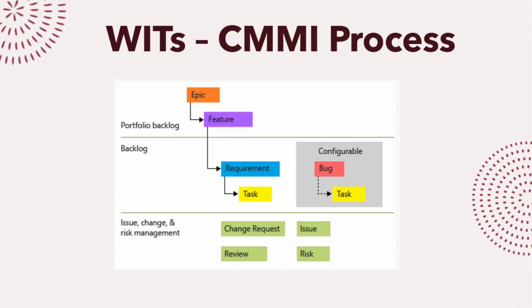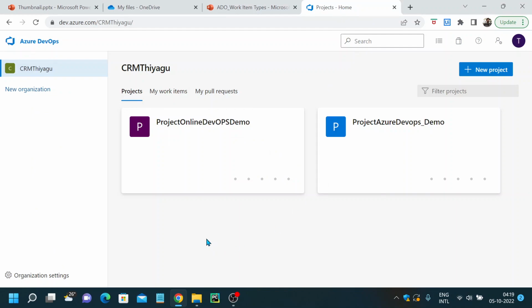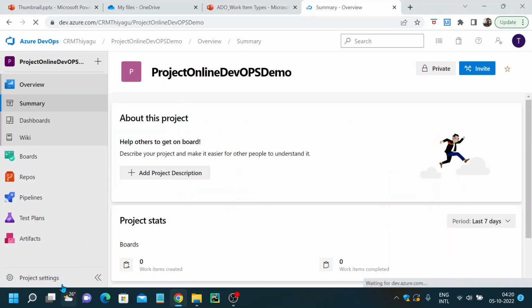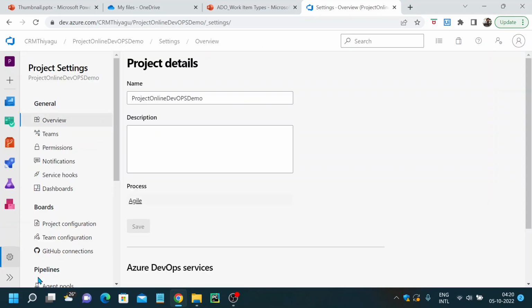Let me show you how this is available in Azure DevOps, so that you will have a very clear and practical view of how these processes are created. Let's go to my Azure DevOps site. I have created a project called Project Online DevOps Demo in my previous video, so I am opening it here. Once I go into my project, at the bottom left we have project settings. If I click on that, you can see there's something called process here. I have created this as an agile project. So if I click on this,